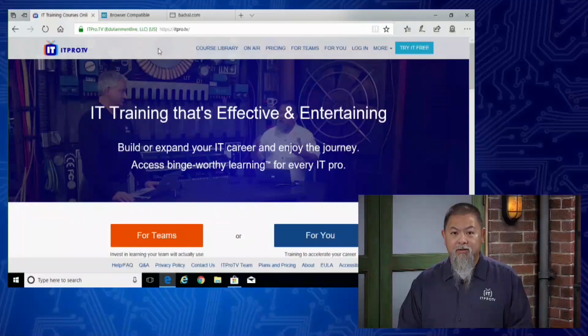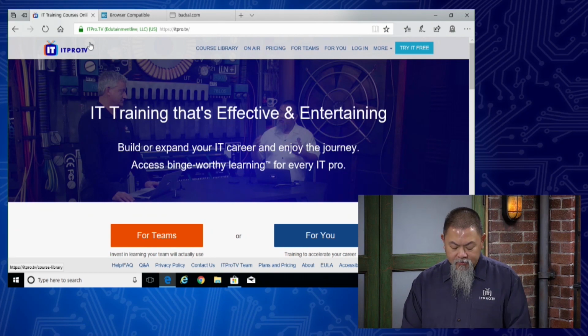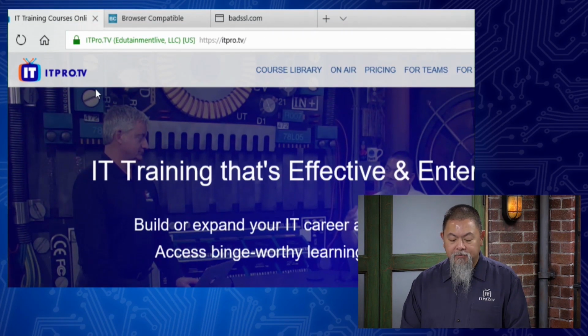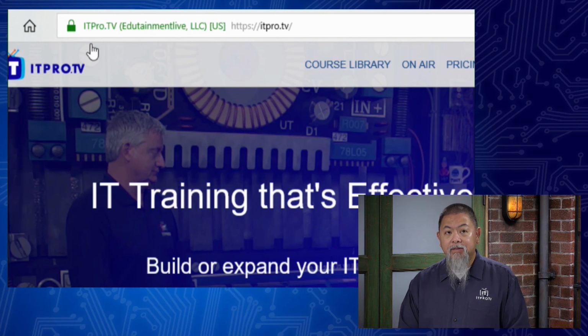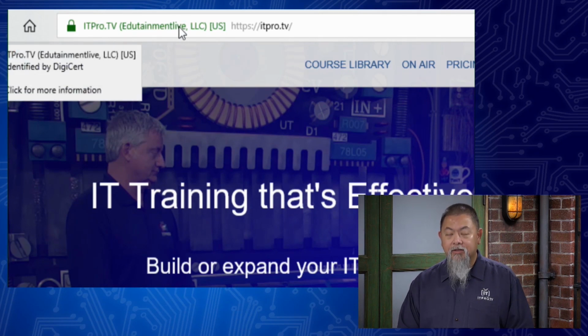All right, so Ronnie, if I'm browsing the web, how do I know if a site is secure or if it isn't secure? So most of the sites today, when you go to browse to it, it will give you a nice notification right on the address bar. Let me show you what I'm talking about right here. So I brought up our own website, itpro.tv, and when I take a look up here in the address bar itself, I can see that up here, it actually shows me this nice little green here.